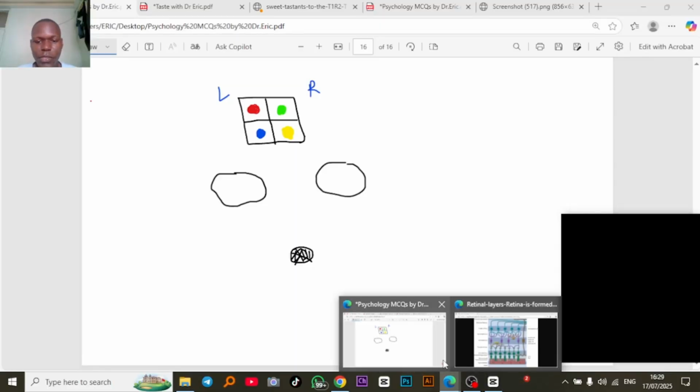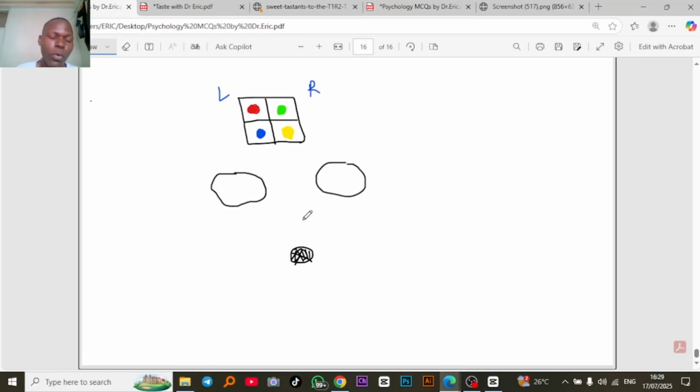So in this particular video, we are going to look at the relationship between the visual field, which you can see, the one I've tried to put here, and the retina, how the images of the visual field are arranged on the retina. So why do we need to cover this? Because if we cover this, we get to know